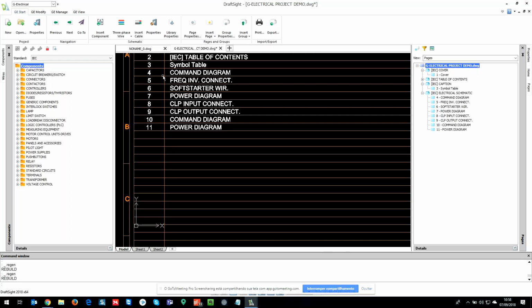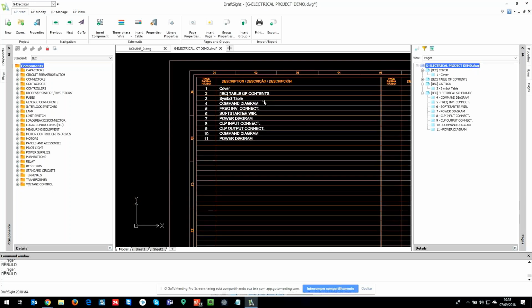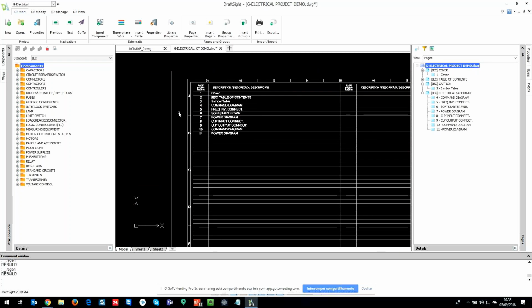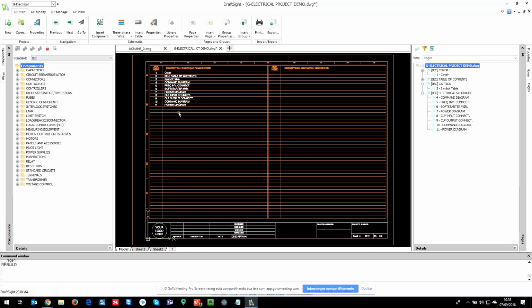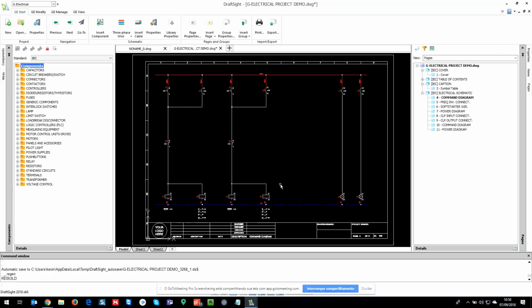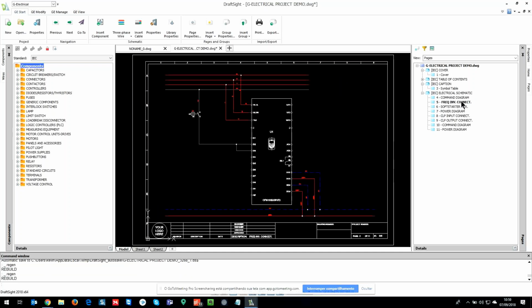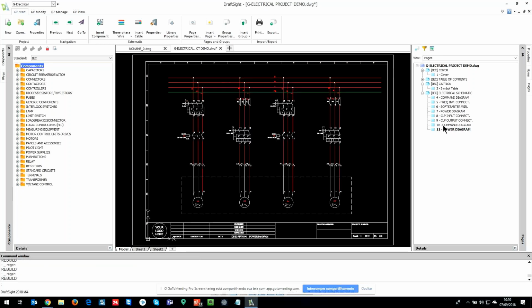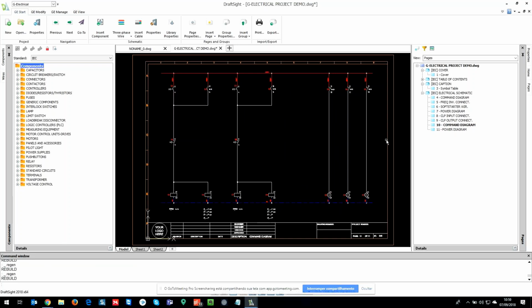So these are very simple tasks we have daily that consume a lot of time. It's very time consuming. So this management of our pages is done by Geoelectrical. Okay. So also, of course, we have some electrical features to improve our electrical project tasks. Okay. So we have here a power diagram, a command diagram. So I need to insert another